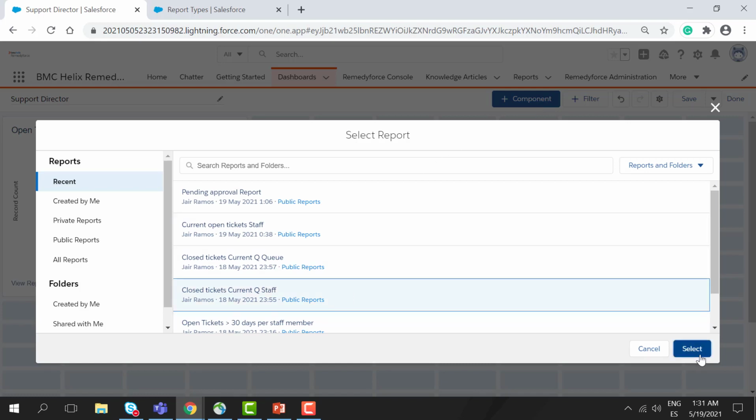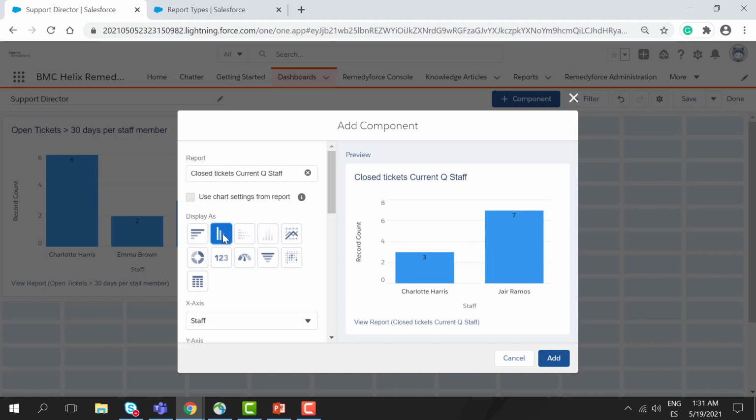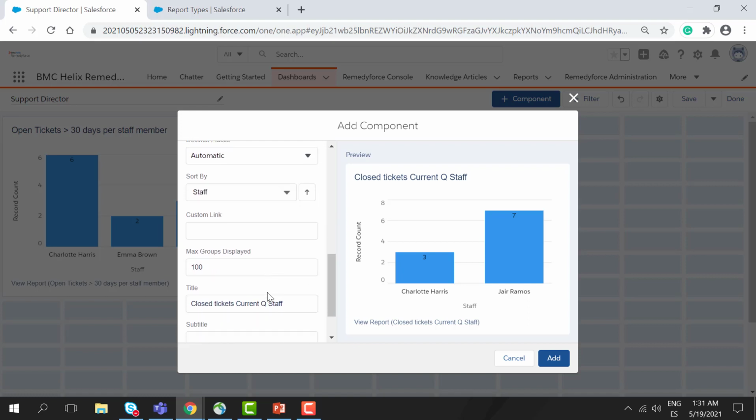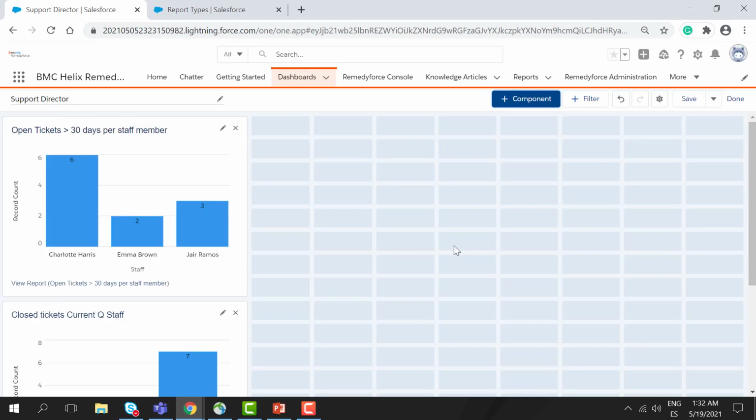So now let's select the next report, and I'm just going to select the vertical bar to keep the same format, but you can select any chart that is available on this list. I check the values, all looks good. Let's click add the next